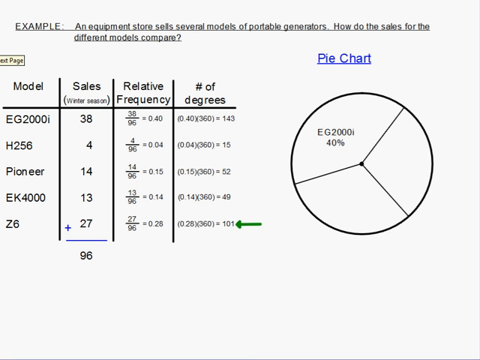Now I can get rid of my protractor, and that's our 40% of the circle. I can now jump to the 101. That's 101 degrees. I use the protractor, and it turns out to be right there, and that's my 28% for the Z6 model. And then I